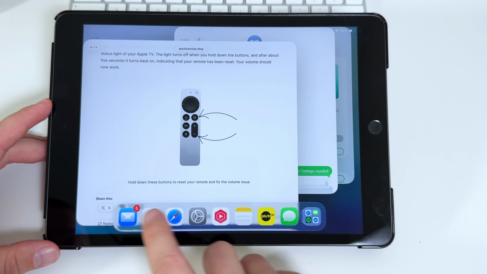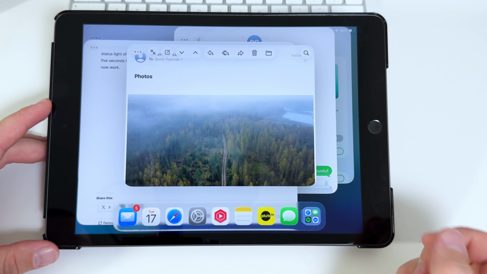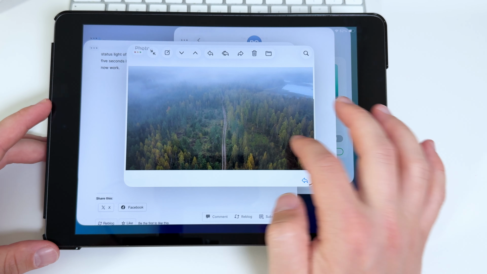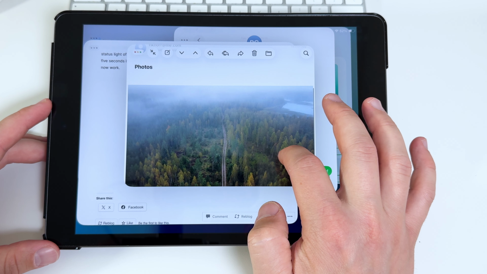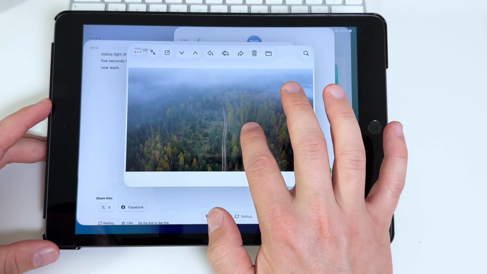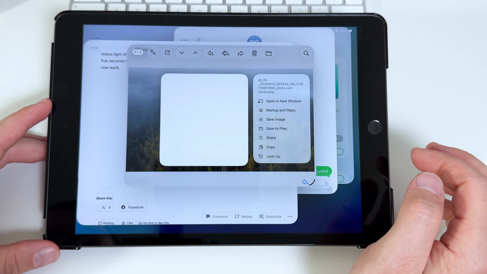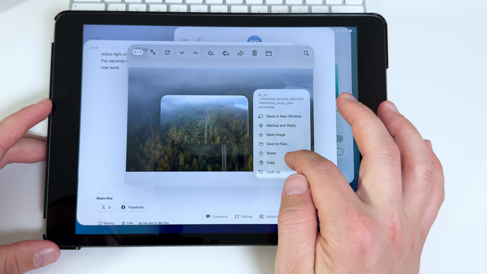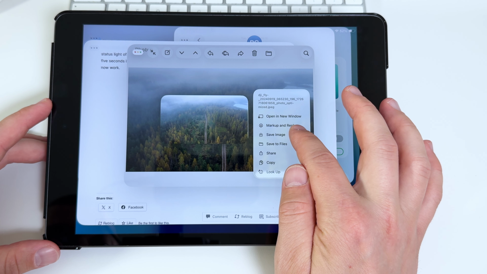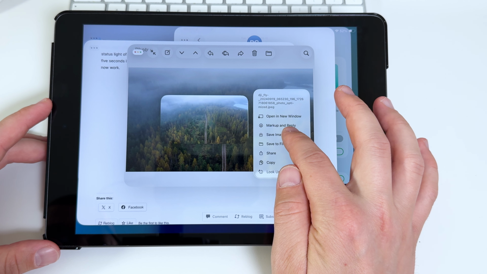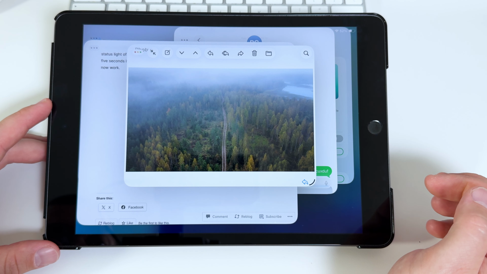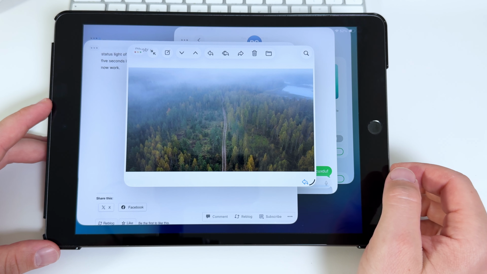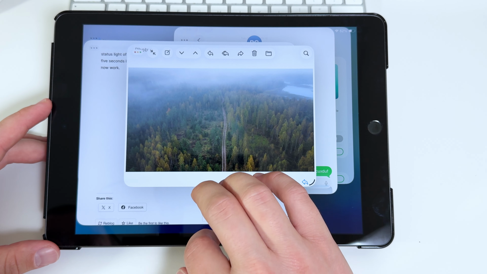Let's do one more. Say I got an email and there's a photo I want to save. You guessed it, tap and hold, and then choose Save Image. The Mail app actually gives you an option to save this directly in the Files app as well. I guess because email would often contain attachments and files that are not photos, and you'd want them in the Files app instead. But for photos, you can choose to save either into the Photos app or into the Files